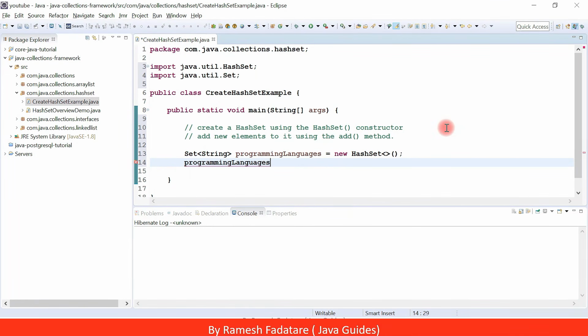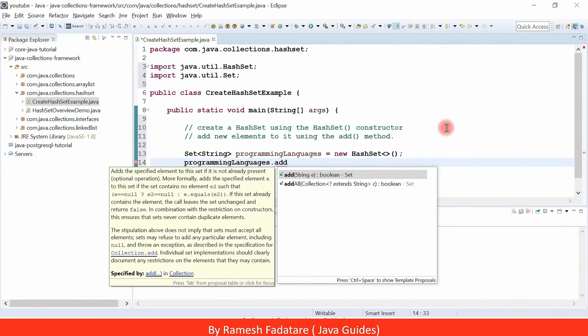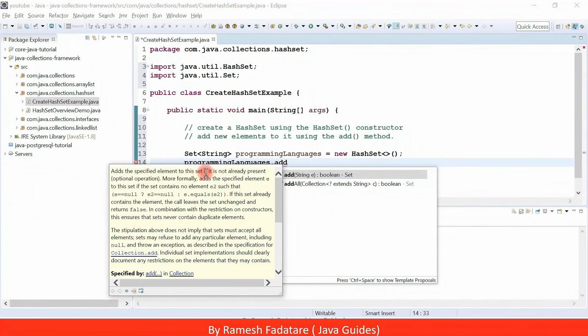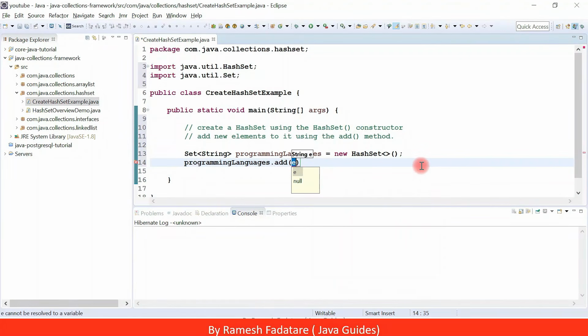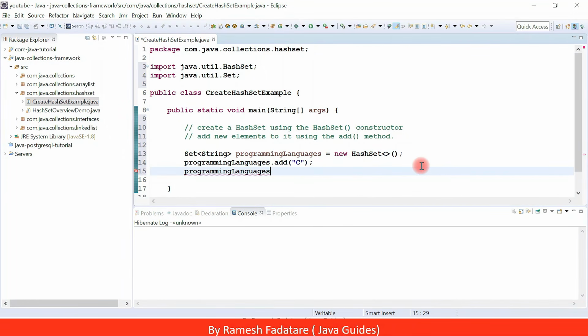Alright guys, once we create a HashSet object, let's go ahead and add elements to it. We are going to use the add method. Look here, the add method is what we use to add new elements to a HashSet object. Let's say C. C is a programming language, right? Now let's add one more programming language to the set. Let's say C++,